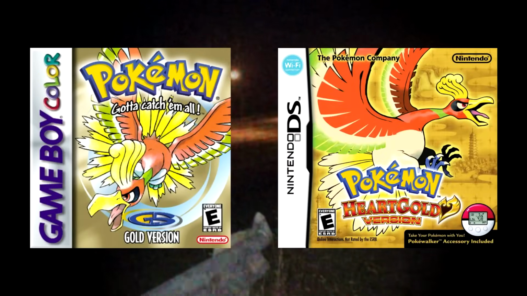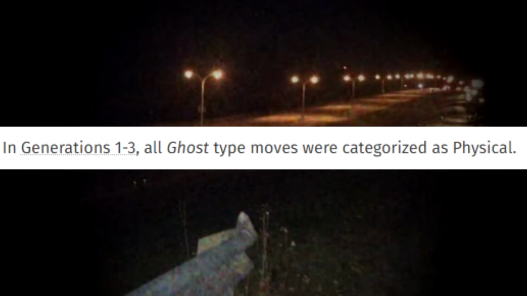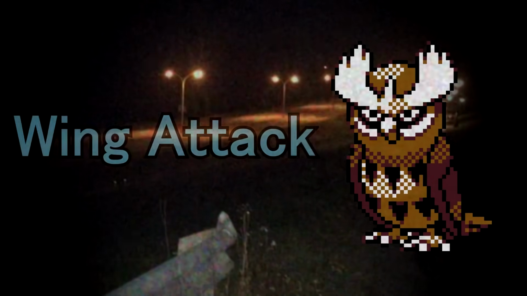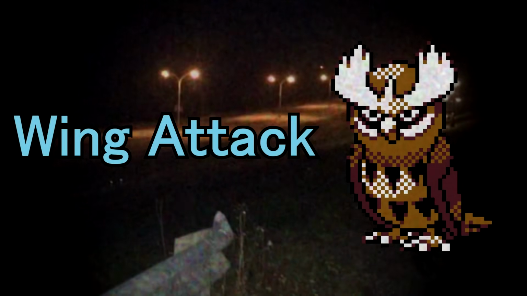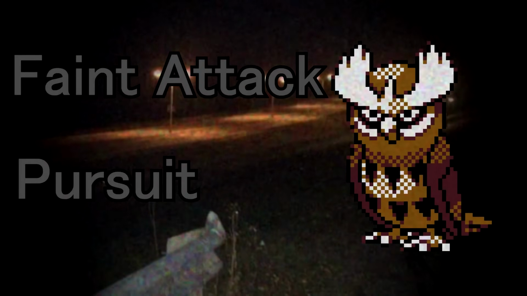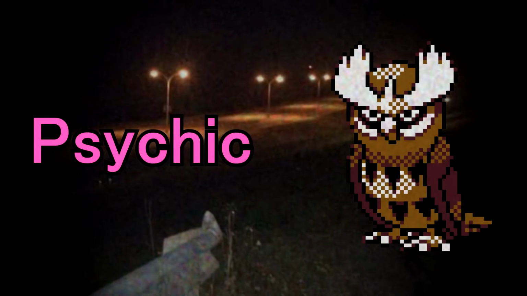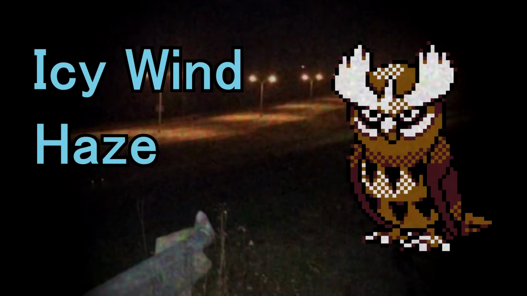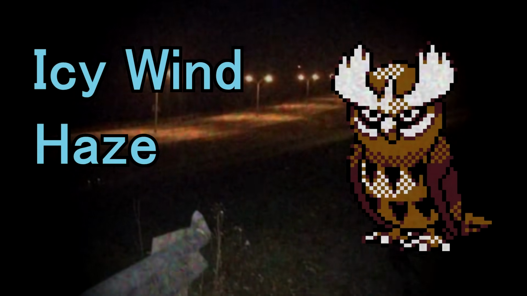You see, without a physical special split, Noctowl's Ghost attacks would be running off of its terrible physical attack. So here's where the movesets will kind of diverge. For level up moves in the Gen 2 games, I'd give it Wing Attack so that it has a better move than Peck, and then Feint Attack and Pursuit to showcase its nocturnal hunting behavior, Psychic since it already learns a lot of Psychic type moves, Icy Wind for coverage against Lance, Haste for utility, and to complement its bulk,